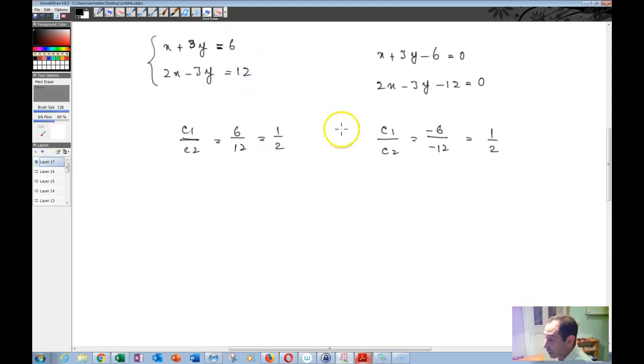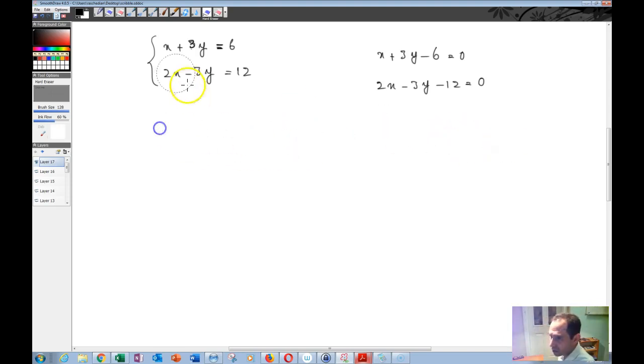Okay. So what that means is that it's always a good idea to write your equations in general form, meaning that you can always write them in this form to get rid of any kind of confusion that you might have. Okay. So what happens is that in this case,